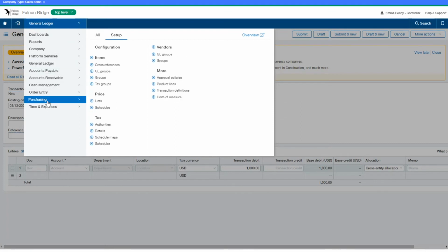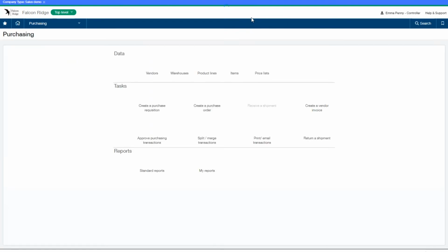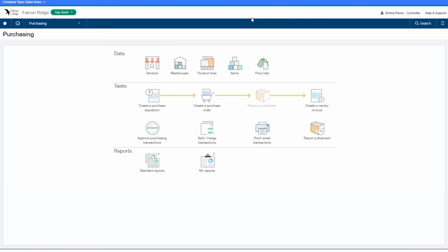So they want the ability to have multi-level authorizations. They want to have the ability to customize those structures that it works in. So Sage Intacct gives you the ability to build your own custom purchasing workflow. It also gives you the ability to create authorization structures across those different processes. So you could have a purchase order authorization, you could have a purchase invoice authorization, and you could have a purchase payment authorization, all with their own individual